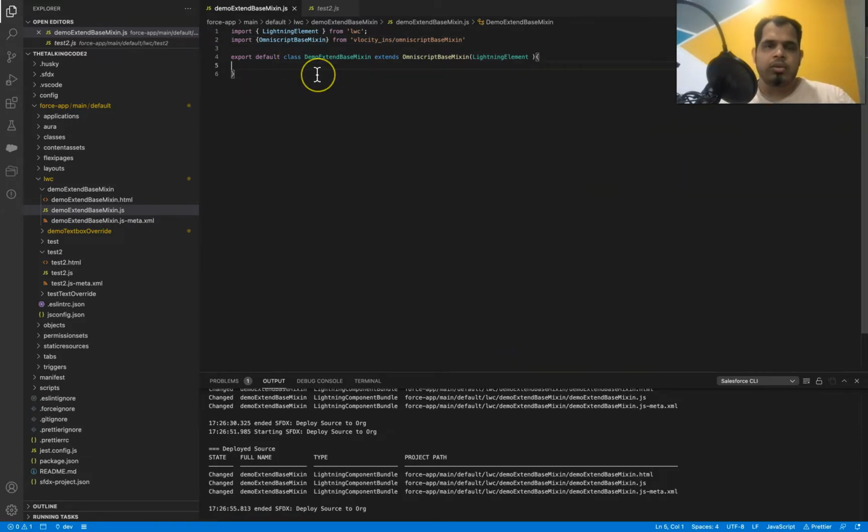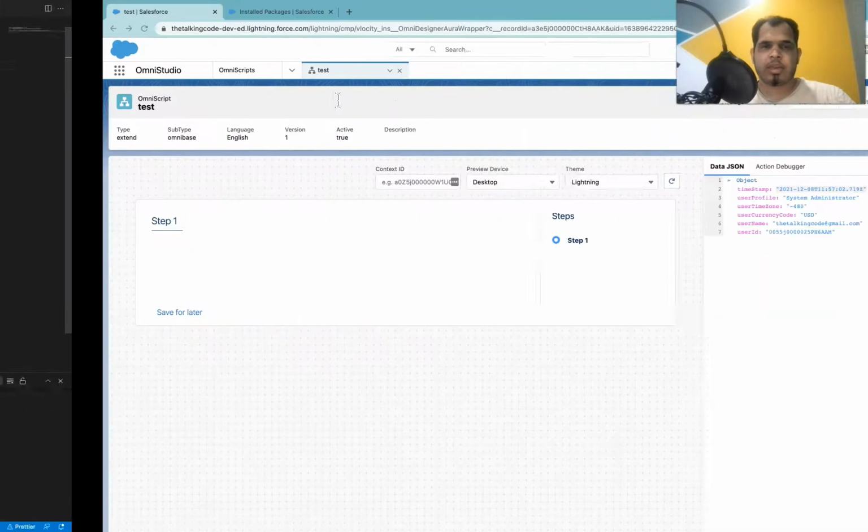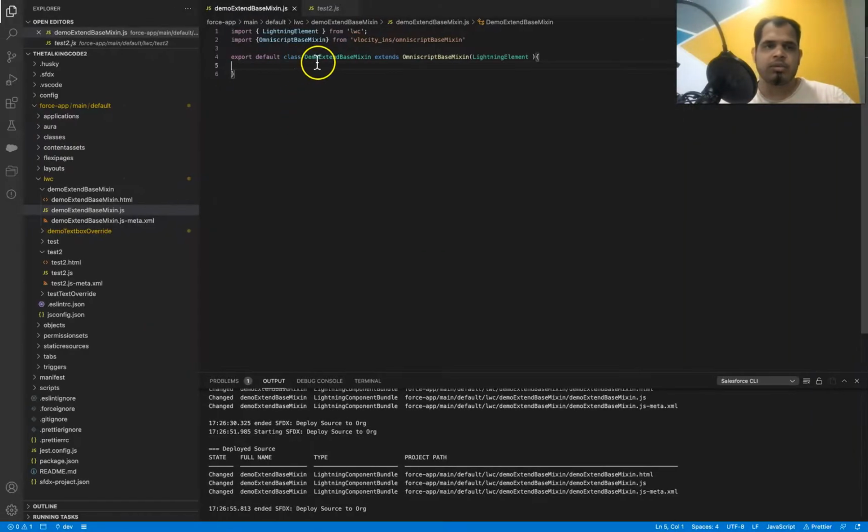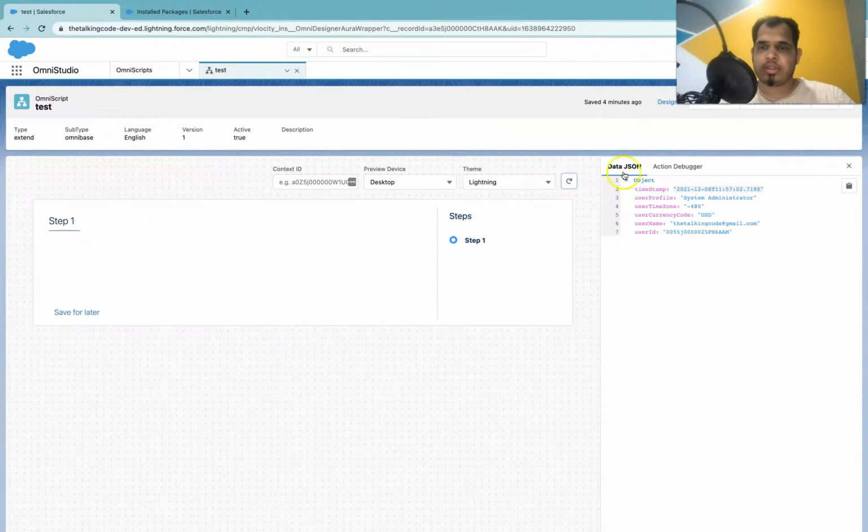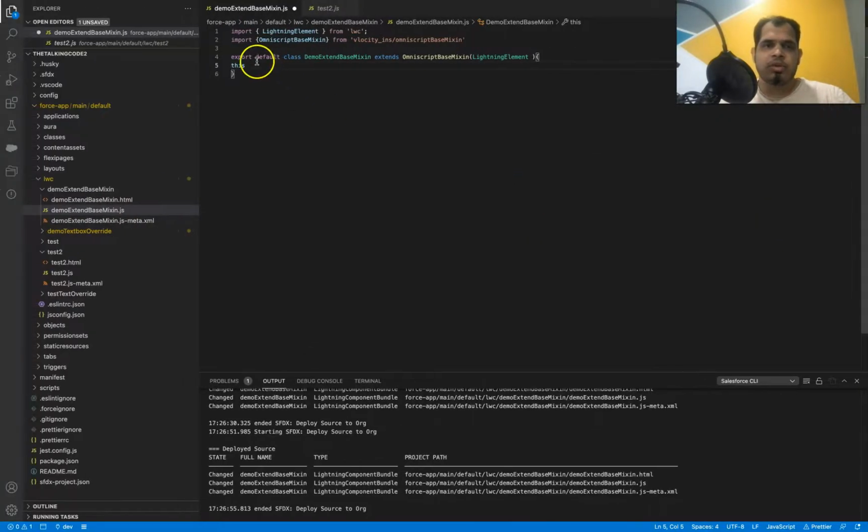Okay, so what we will do here is, first I will tell you two things which you need to remember, and then we will be implementing some functionality inside this LWC component. The first thing you need to remember is, if you need to get the data from this data JSON, then you can do it using this.omniJsonData.